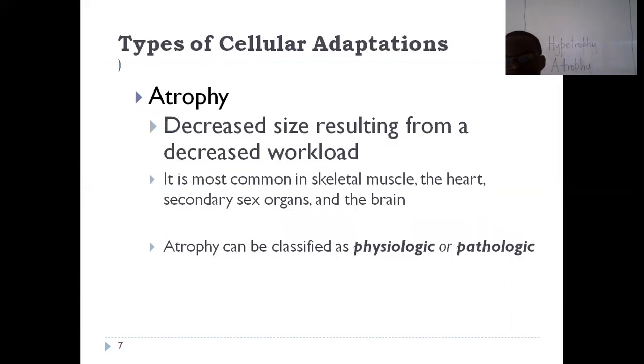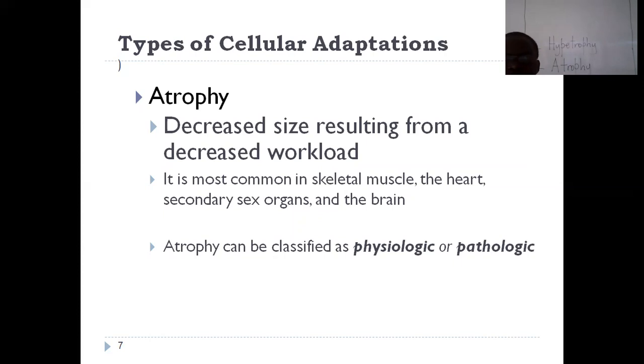Now, types of cellular adaptations. The very first one that we have is what we call atrophy. Atrophy basically refers to a change in size, a decreased size resulting from decreased workload. You know very well that if a muscle is not utilized for some time, then it atrophies. So in other words, the cells shrink, they change in size, and as a result,